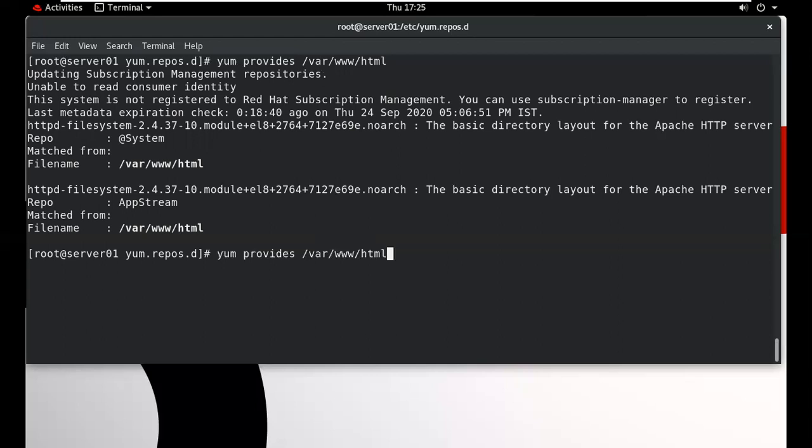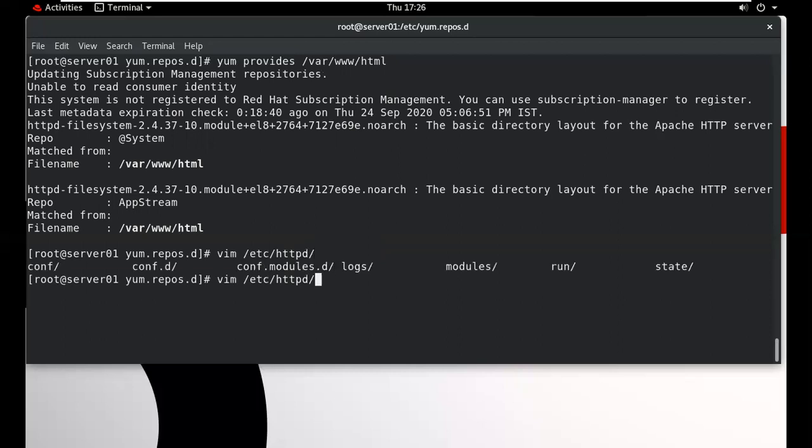And when we type here /etc/httpd, we have a file path name /etc/httpd in this conf.d. This is the configuration file of httpd, and I want to check the package name of this particular file.